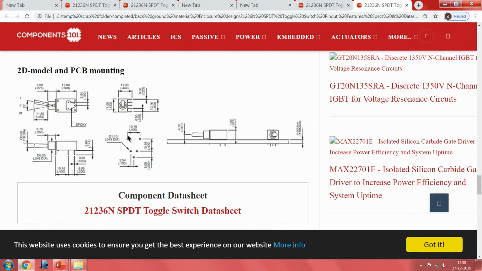This, if you remember, was what I had covered in the conventions of dimensioning. Now the important thing to notice for you here is, there is a printed circuit board and the outline, everything as looking from the side, as you would see here, and the outline as you look at it from the top are all given here clearly. And another important thing is, you see here something called 2D model and PCB mounting has been